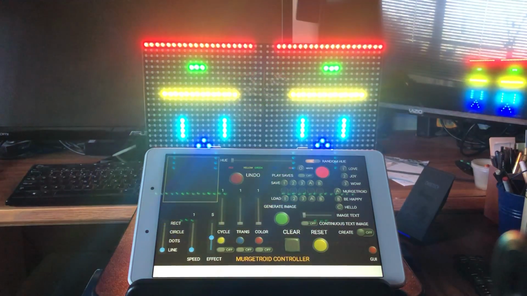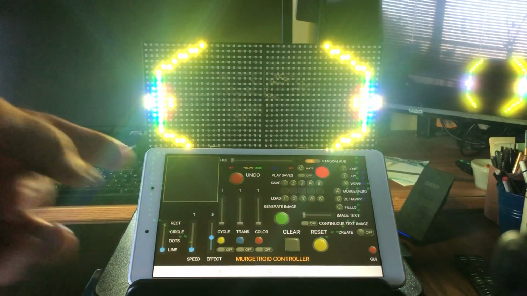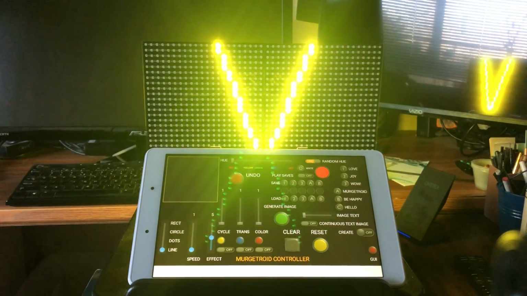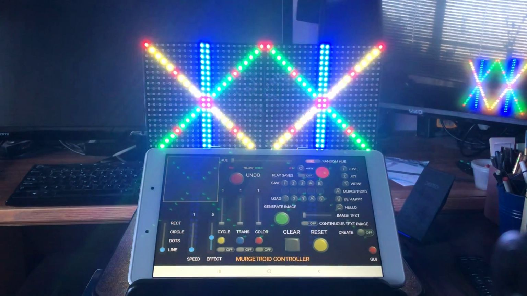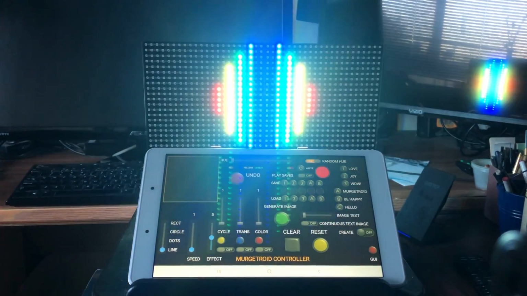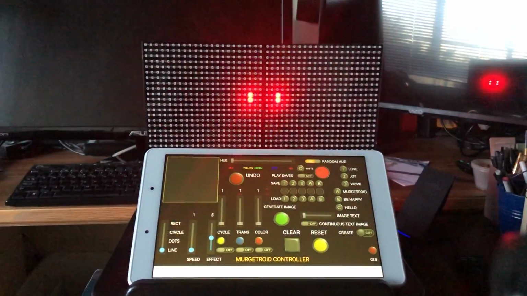So this is a demonstration of the graphical user interface that I created for my Murgetroid 3. I used a program called Bluetooth Electronics, which is available on the Android App Store, and this program will run on any Android-based tablet. What I'd like to show you is that right now it's running in a normal show mode that's programmed into